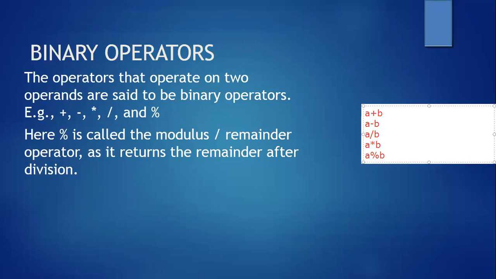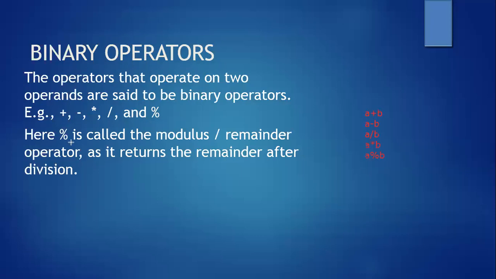We call this operator modulus, or we call it the remainder operator. This operator, the percentage sign, is called modulus, or we also call it a remainder operator. There are two names to this operator. You call it a modulus operator, or you call it a remainder operator. And the interesting part is what it returns. It always returns the remainder after division. If you want to get the division, we get it by the division sign, but if you want the remainder after division, let me explain with the help of an example.